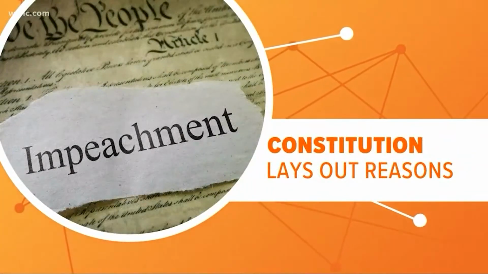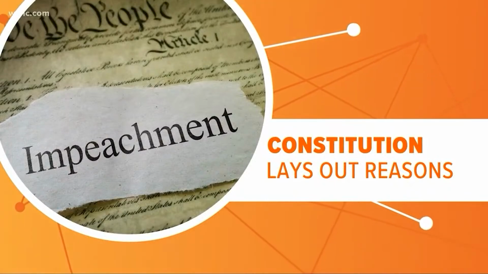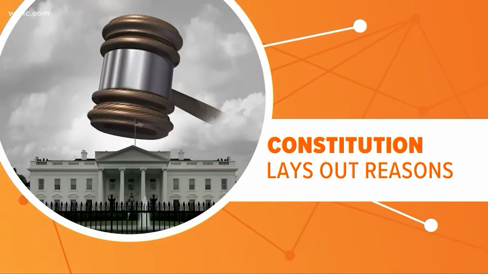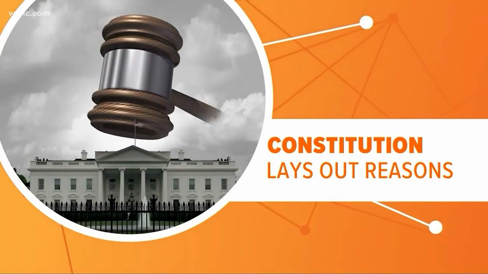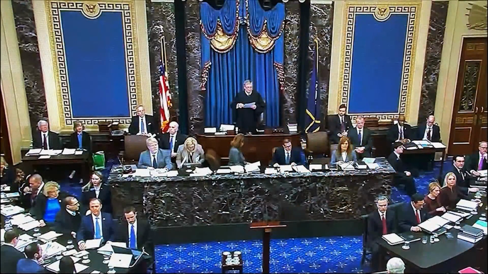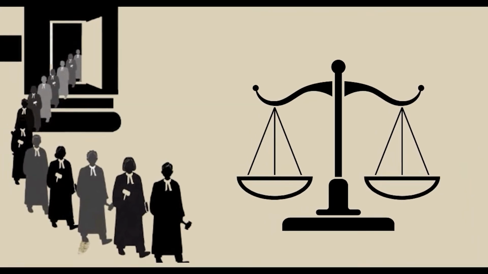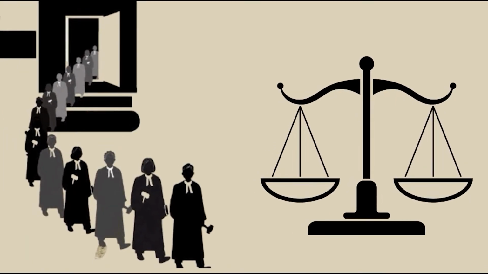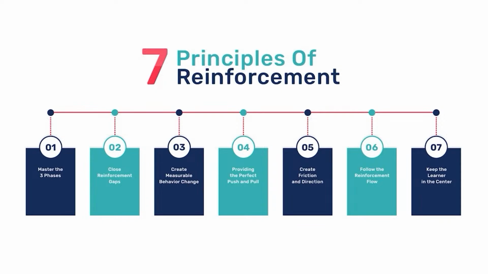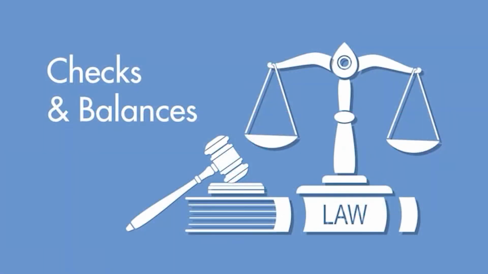If a judge is found guilty of treason, bribery, or high crimes and misdemeanors, they can be impeached. The Senate then conducts the trial, potentially leading to the removal of the judge from office. This process serves as a mechanism to hold judges accountable for their actions, reinforcing the principle of checks and balances